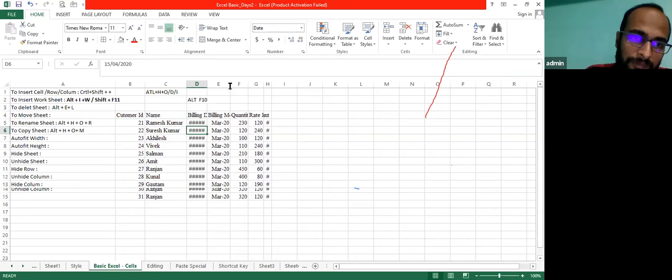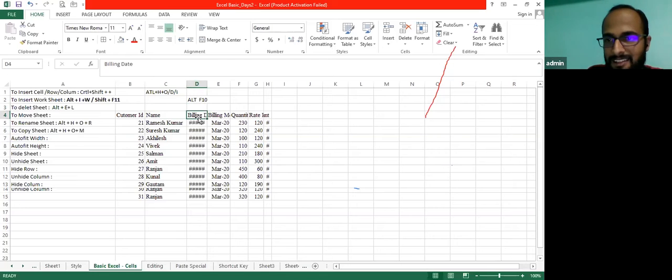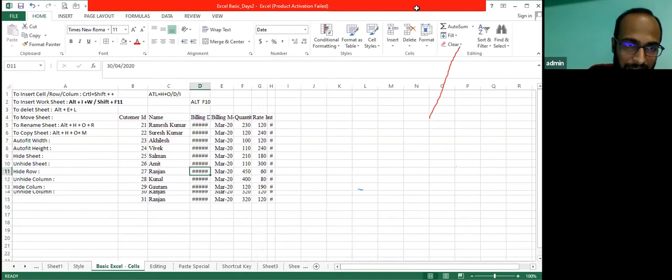You can see this column D. Since the width of this column is less than the standard, or less than required for the text entered, that's why it is showing the hash. But in actual, you can see the data is something different. The data in this selected cell is 30th April 2020. You can see here 20th May 2020, but you can see it only on the formula bar. You won't be able to see the content on the page.